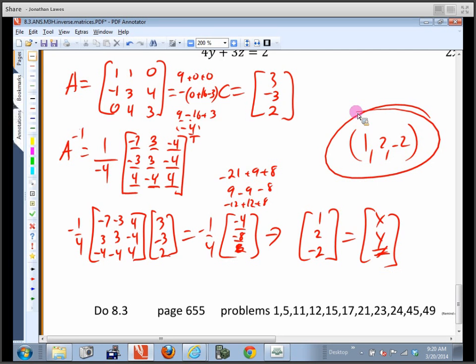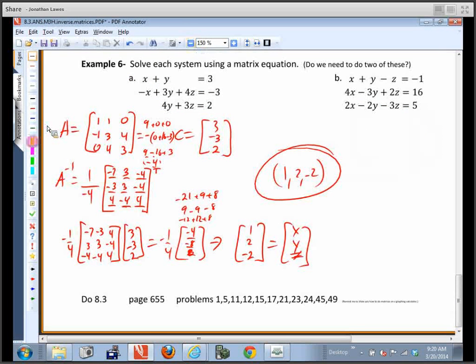Okay. What would happen if I took this matrix right here and multiplied it by this matrix right here? You get one in reduced row echelon form. You get the matrix equivalent of 1. We call it an identity matrix. Okay? All right. Any questions? Okay. I'm going to go ahead and